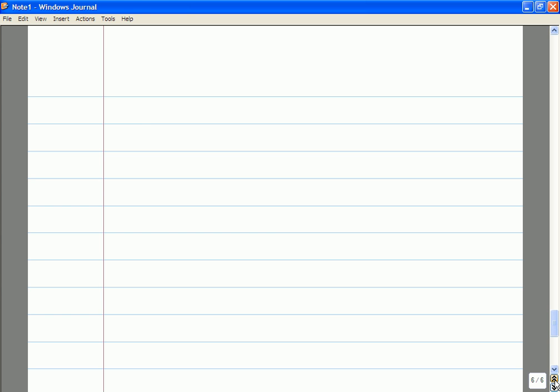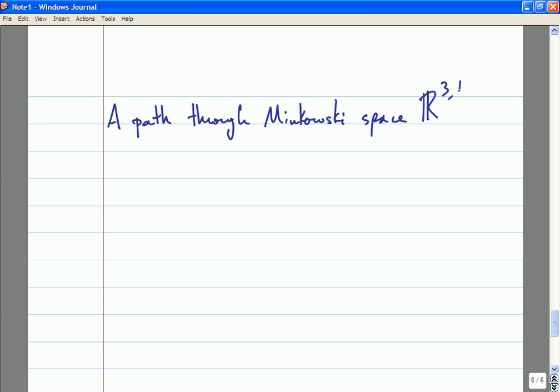So, a path through Minkowski space, i.e. a path through R3,1, which is space-time in special relativity, is known as a world line,